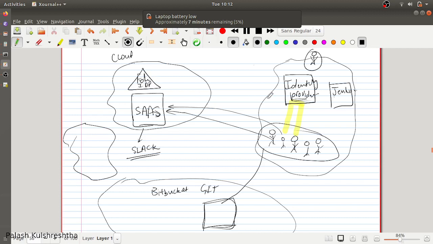When you were integrating with this SaaS service, like when you were buying this Slack license, you had an agreement that Slack is going to authenticate using your company's identity provider or Active Directory. This has authentication details, claims details, or permissions and roles for all the employees and services.